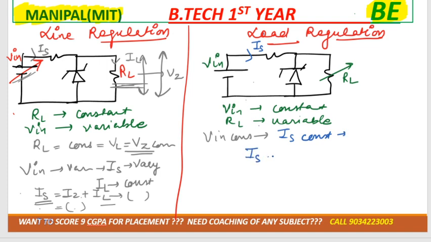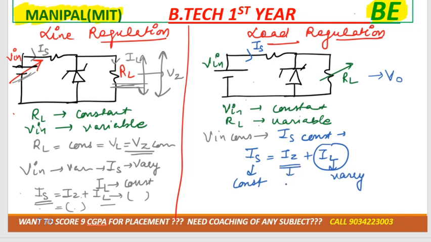So in this case IS would be equal to IZ plus IL, स्टैंडर्ड फॉर्मूला। ये क्या है? कांस्टेंट। ये क्या है? वेरी। बट मैं चाहती हूँ कि आउटपुट वोल्टेज कांस्टेंट रहे, राइट? तो उसके लिए IZ को भी वेरी करना पड़ेगा। मान लो दिस इज 10 एम्पियर, ओके, और ये क्या है हमारे पास, एक बार 8 एम्पियर, तो ये कितनी हो जाएगी? 2 एम्पियर, और ये अब 9 एम्पियर हो गई, तो ये कितनी हो जाएगी? 1 एम्पियर। सो वी वांट कि आउटपुट वोल्टेज मस्ट बी कांस्टेंट, ओके, इन बोथ दीज कंडीशन।